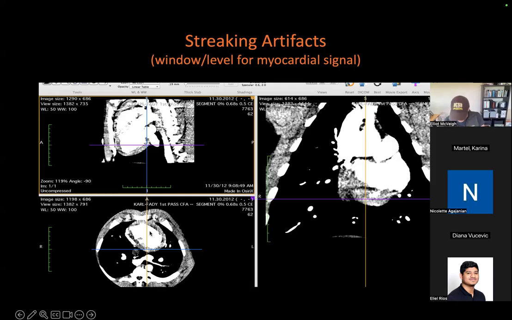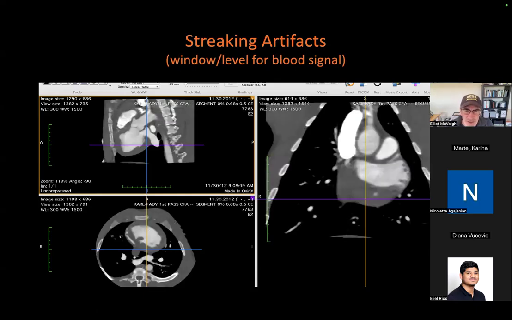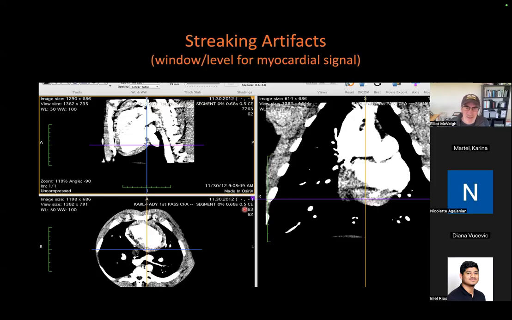It's all saturated now. If we go back, you can see this is where we have detail in the blood pool, but what we want to ask is, how consistent is the signal in the myocardium? If we're going to measure Hounsfield unit value and associate that with perfusion, what is the consistency of that